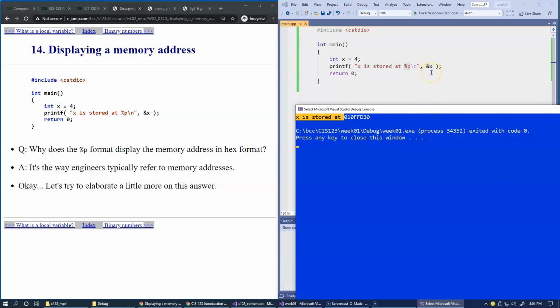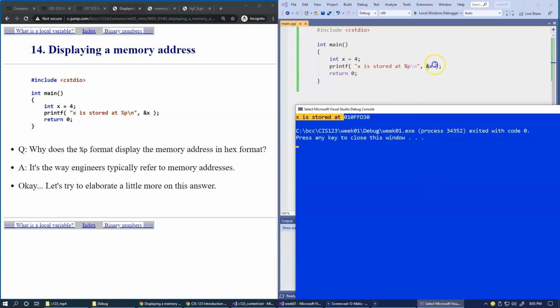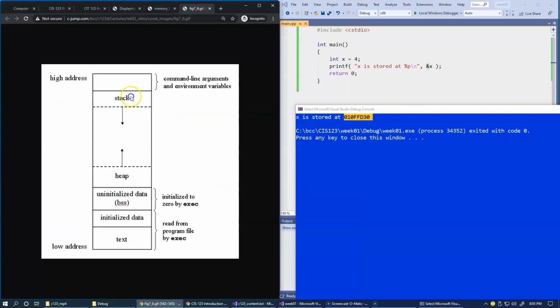So I told you already that obtaining the address of a variable is very simple. You just add an ampersand in front of it, and this will return the address of the variable. So this is the address of my variable x in memory, and remember, it's located right here in the stack area